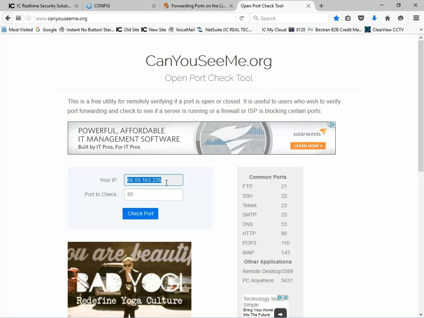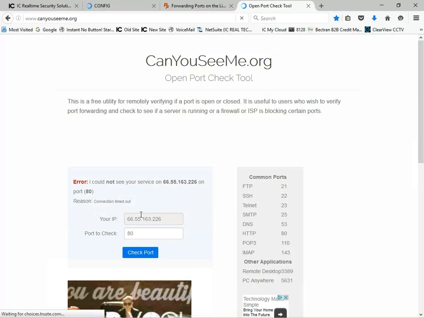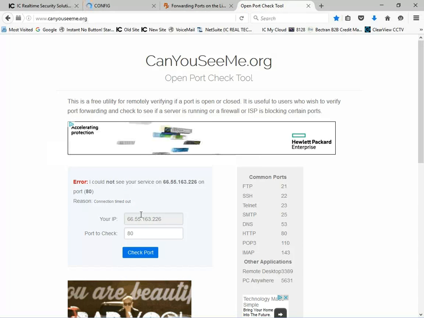They maintain these addresses and they would assign it to that router so that it can be seen on the internet. I could put in my port, say port 80, for example. I know for certain that port 80 is not forwarded on our network. So when I check it, after I've done my forwarding rules, it's going to come back and say, nope, no luck. And there it is, error, could not see your service. So basically it tried to go through port 80, 80 was blocked, and it's just letting me know